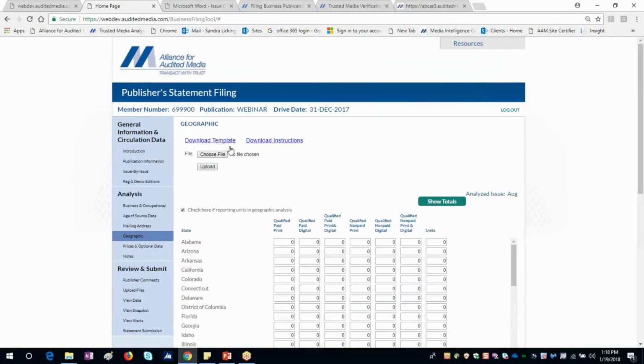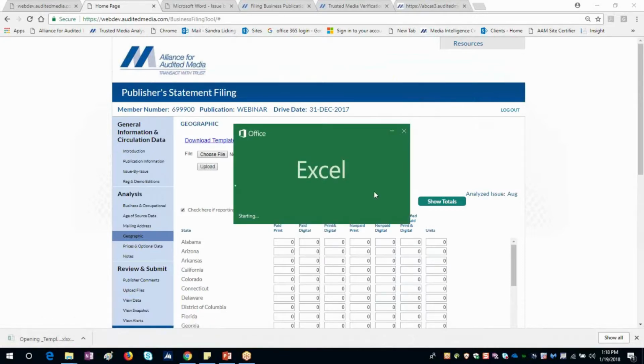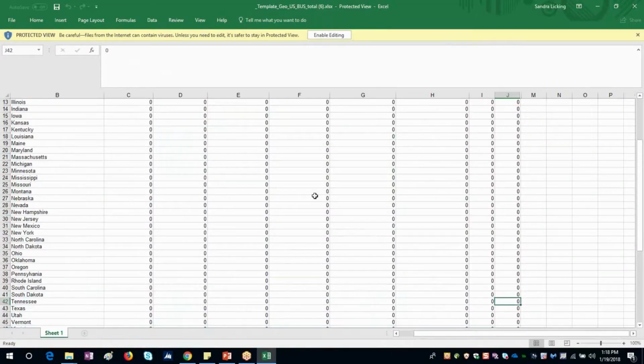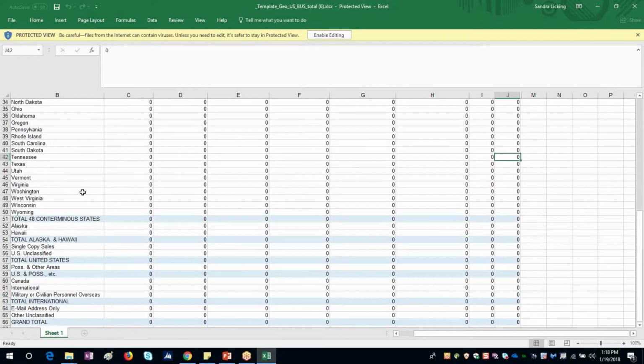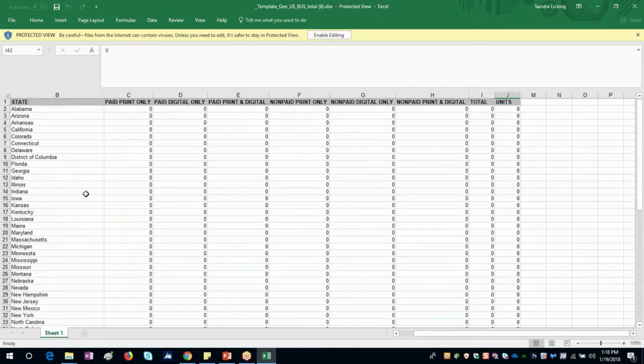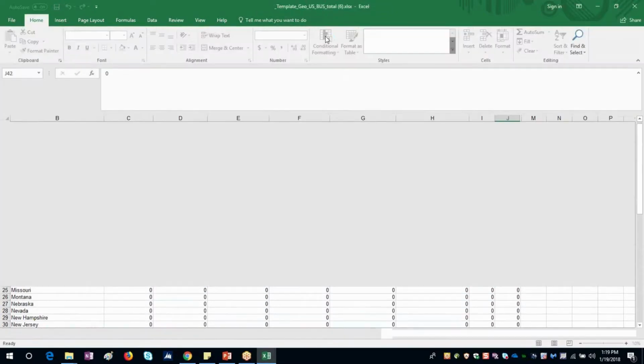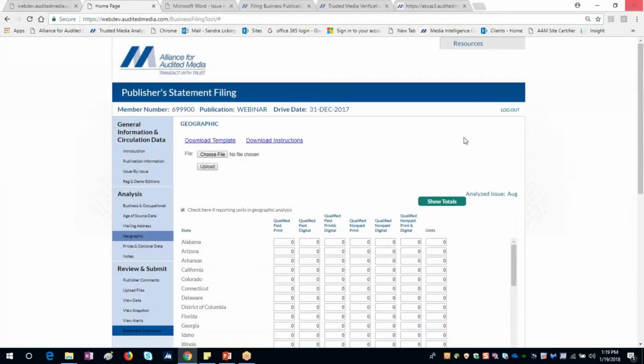Now, you can manually enter in the information or you can upload. Now, if you want to do that, you have to download our template. You have to use our template. You can't use your own Excel file. But I'm going to download the template and have it open up. And I'm going to show you how it's formatted. It's formatted in alphabetical order by state, and then, if you have provinces, it'll be alphabetical by province. So you can copy and paste from your own Excel file into here and then save it in the upload. But again, you have to use our template because it's in the right format. Otherwise, it's not going to upload properly for you.